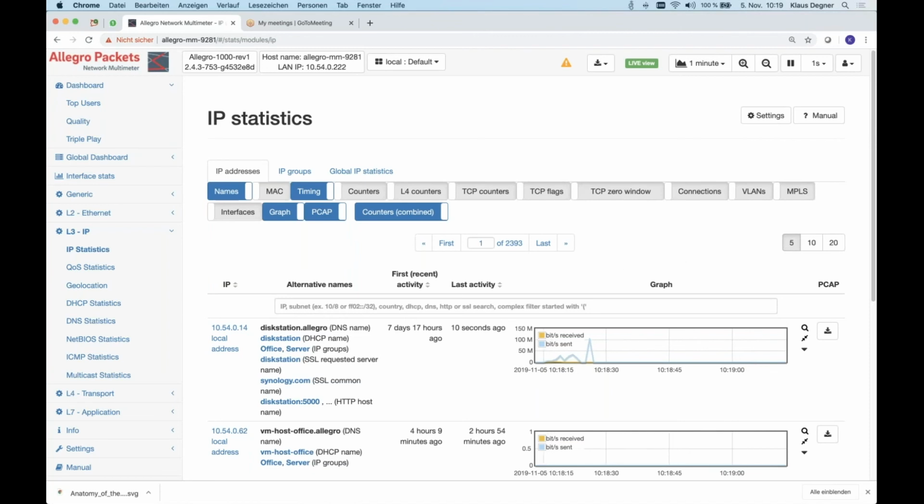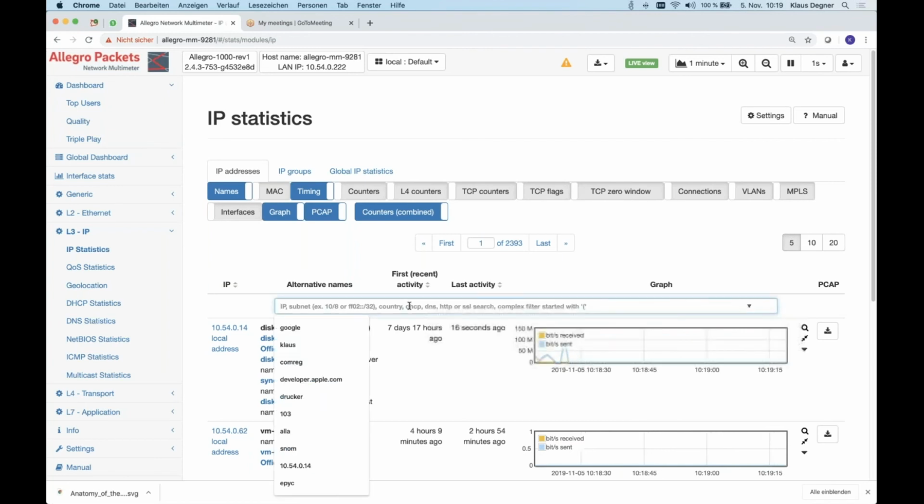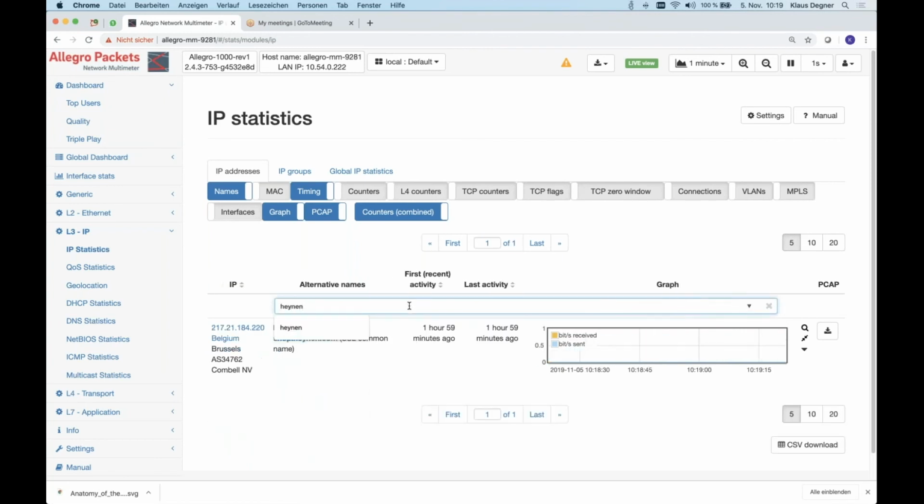What you can do here is search in real time for specific names. So we can search, for example, for Heinen. What we see here is, okay, there's an IP address which has a correlation to Heinen. How do we do that? We decode the traffic in real time.